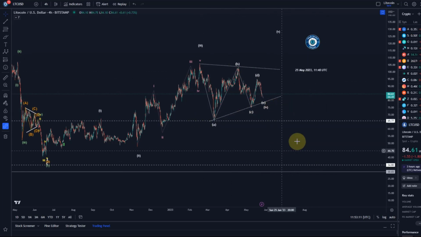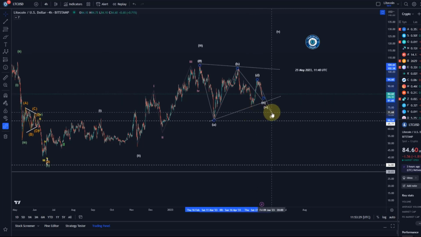You have a clear invalidation point that you can use to measure your risk, which is basically at $65. If we break below the C wave low, which is at 75, it would force a recount of the triangle but not invalidate the triangle. It would just simply mean the C wave is probably never finished. But it would already make that triangle a bit questionable. So yeah, as long as we hold $65, basically the focus can be on higher in the fifth wave.